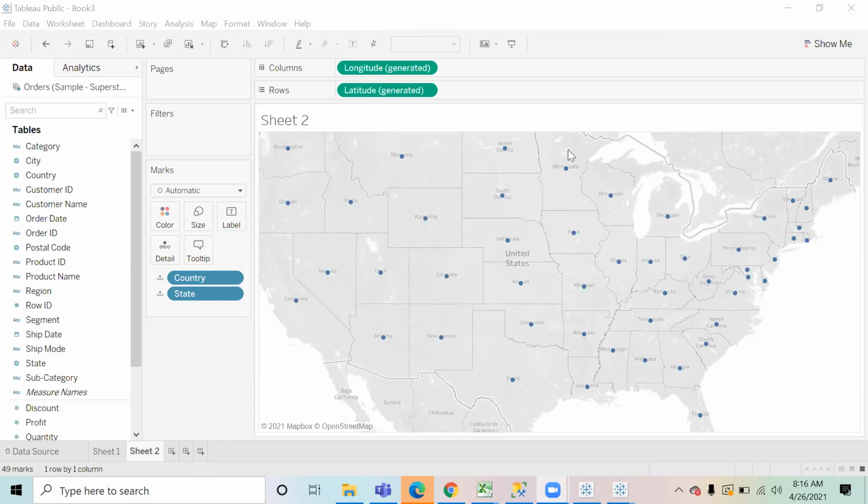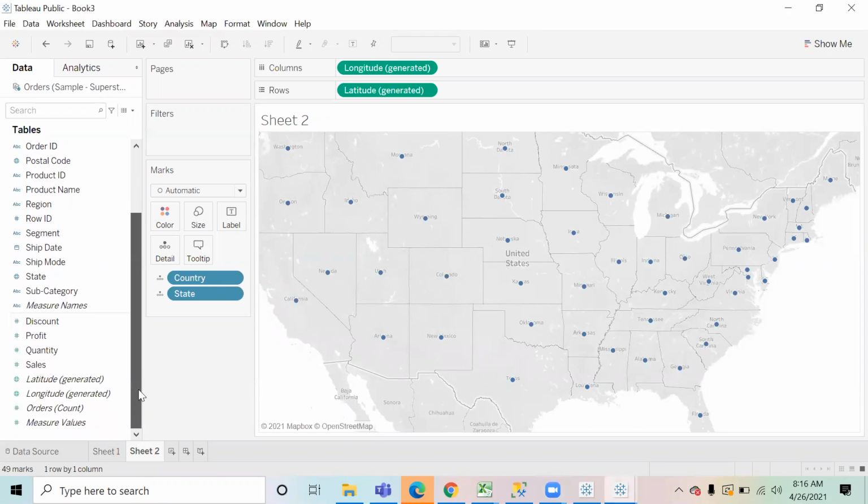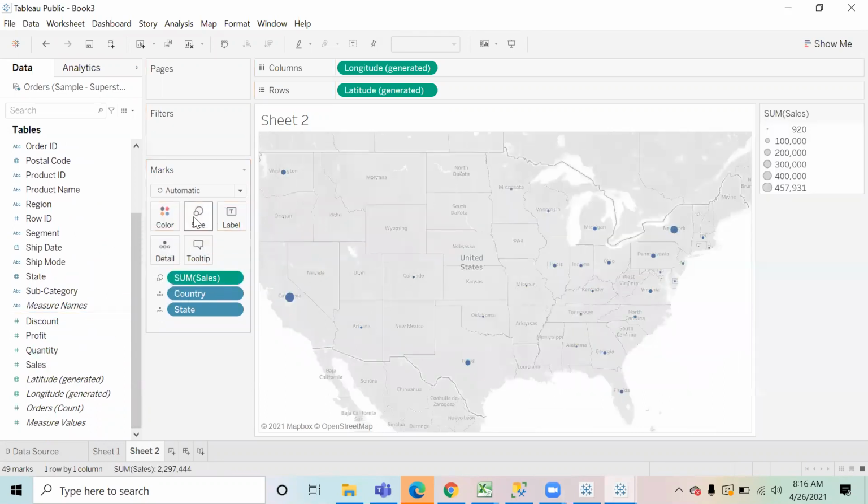Okay. Now what I would like to do is, I want to see the total sales generated in the different states. Right now, I just have the name of my states, but definitely my idea would be to see how much sale was generated across the different states. So I have the sales column, just pick up the sales and put it on the size.